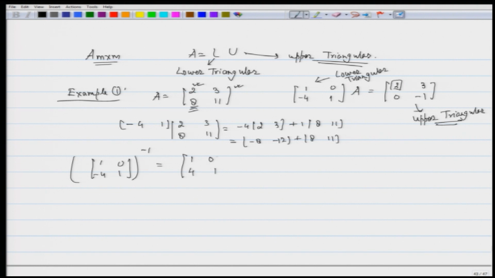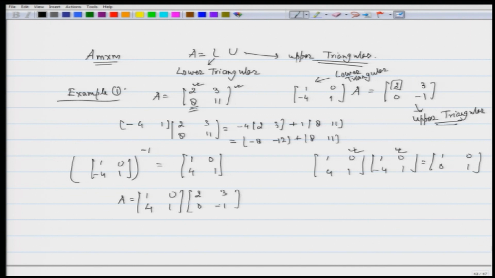It will be 4 here, 0 here. So, let us check it out. So, 1 0 4 1 times 1 0 minus 4 1. This is nothing but the first row remains as it is. The second row is 4 times the first row plus 1 times the second row, which is 4 0 minus 4, so I get back this here, fine. So, this is indeed the inverse of this. So, I can write A as 1 0 4 1 times 2 3 0 minus 1. So, I have been able to write A as a lower triangular and an upper triangular,